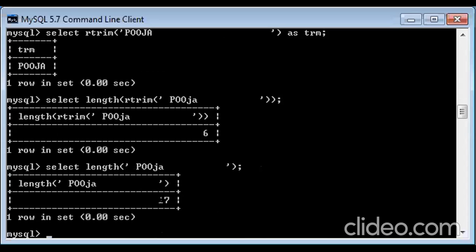See, the length of this string was actually 17. And when I used rtrim, the length was giving 6. That was clearly understandable by us that yes, the trimming is actually working. So both of the ways you can use. You can actually use length in this way. आप ऐसे nested way में भी length का use कर सकते हो whenever it is required. Is that clear? Any doubts with how I am using it? No, ma'am. Okay, then we'll move on to the next function.